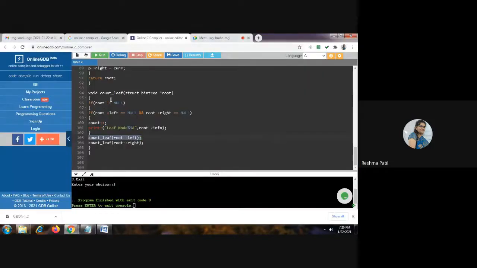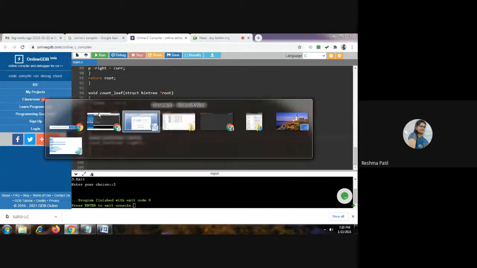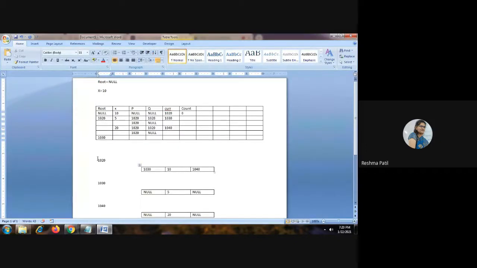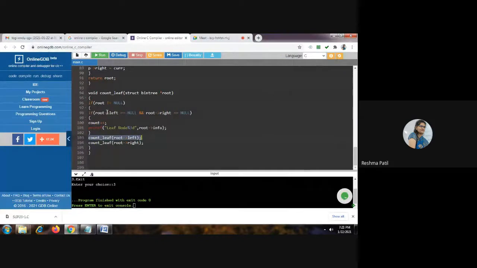1030 is the value of root now. Is it not equal to null? Yes, true. If root left, what is 1030's left? It is null. And we have to check root right is equal to null.